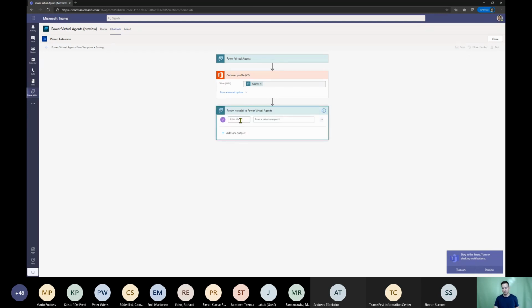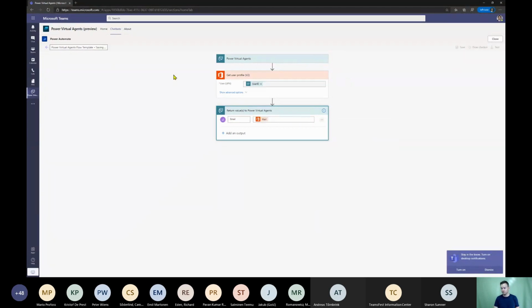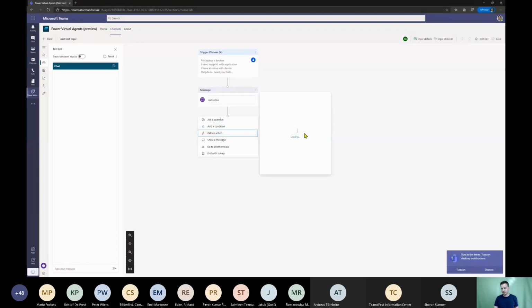Like as an output, I can say and return an email of the user. So now once I choose this Power Automate to be triggered, oh, I have just 10 minutes. Now this is available here,